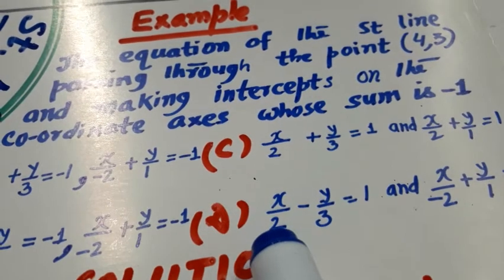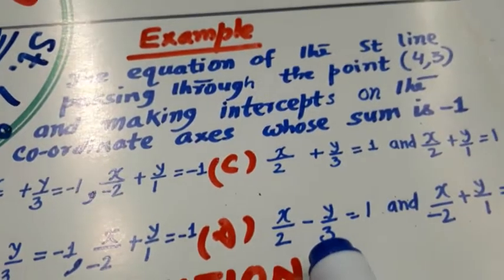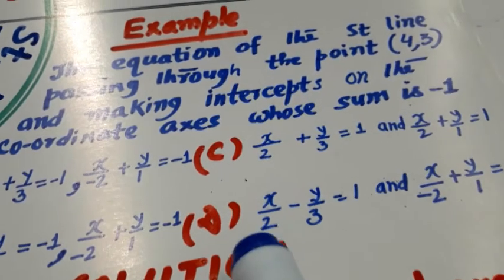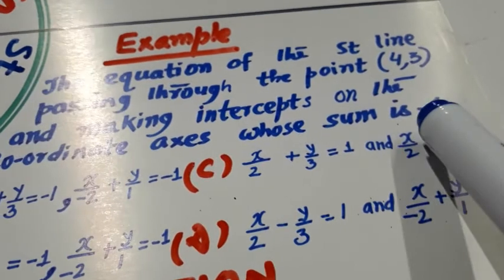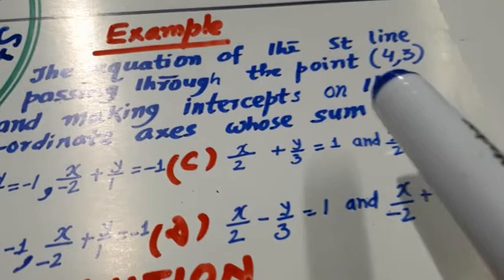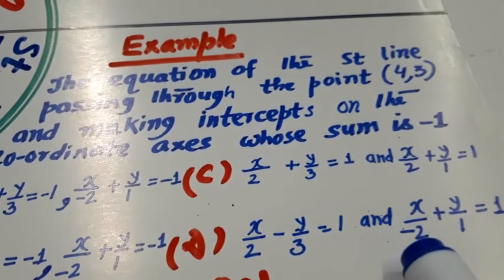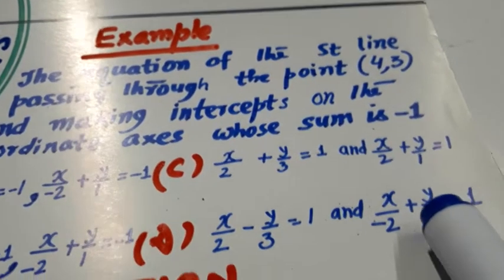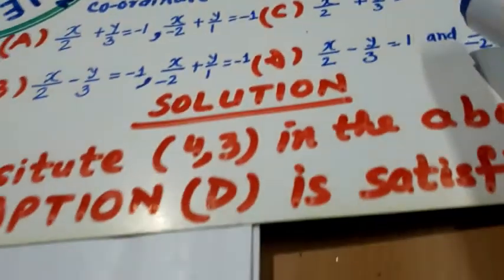Now add the intercepts. This intercept is 2, this intercept is minus 3 because the formula is x over x intercept plus y over y intercept is equal to 1. So it should be plus, send the minus down. So this is 2, this is minus 3, on adding you get the sum as minus 1. Here also, look, minus 2 is this intercept, 1 is this. What is the sum? Minus 1. Now put 4 in place of x, so 4 by minus 2 is minus 2 and y is 3. So minus 2 plus 3, this becomes minus 1. So satisfied. So this solution was very easy.